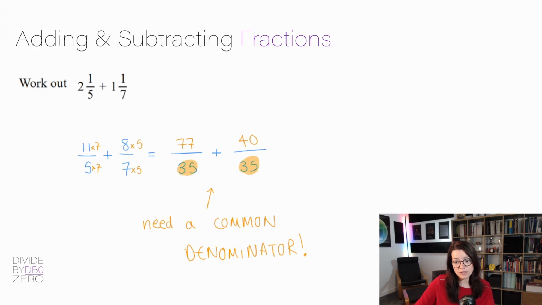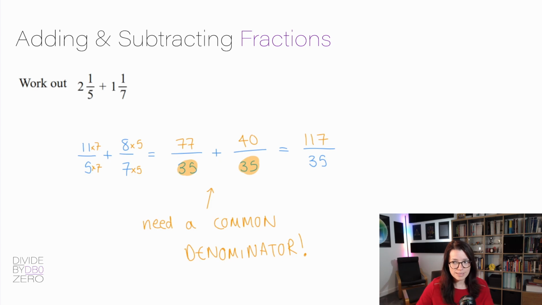Once they have a common denominator, you can simply just add the fractions together. The denominator will stay the same common denominator, 35, and the top is what you get when you add 77 and 40, and that would give you 117. In this case, the question doesn't say whether we need to leave our answer as an improper fraction or a mixed number, so 117/35 is fine, but if you did want to change it into a mixed number,